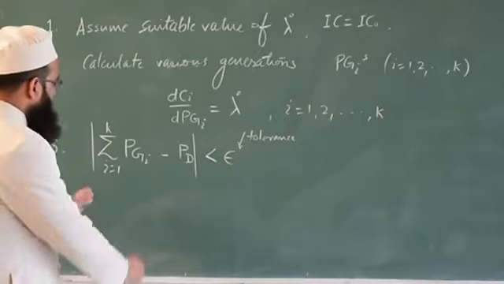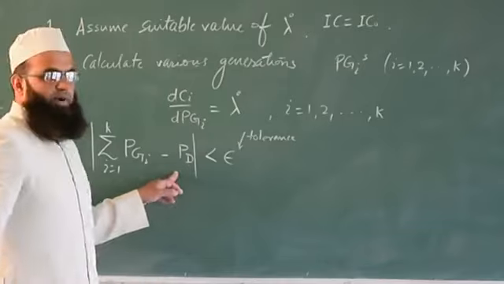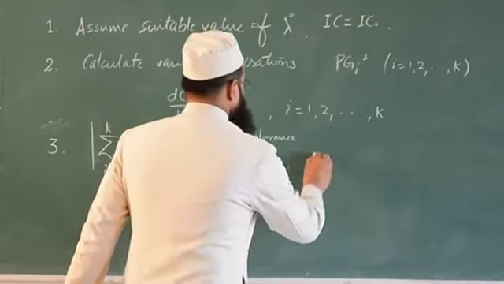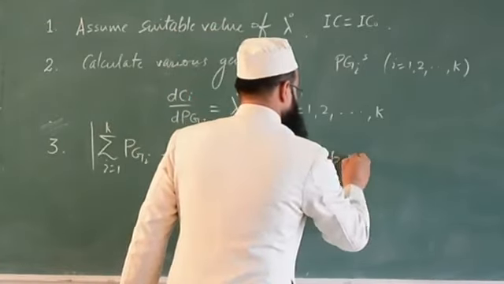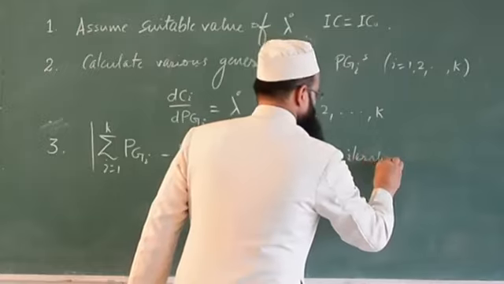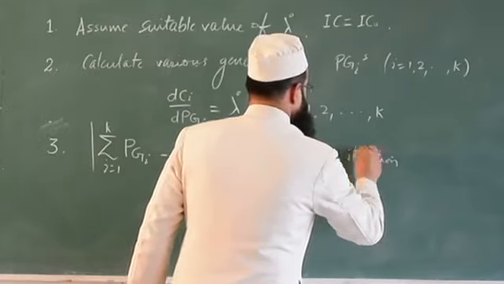It means the total generation is nearly equal to total demand, then stop the iteration. Otherwise,